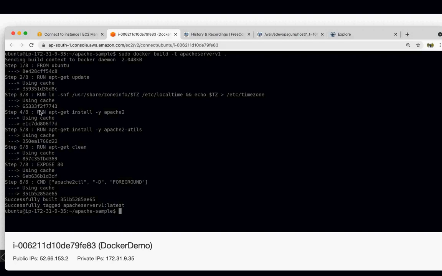Then again in that container it executes the other commands which we gave, and then exposes port 80.